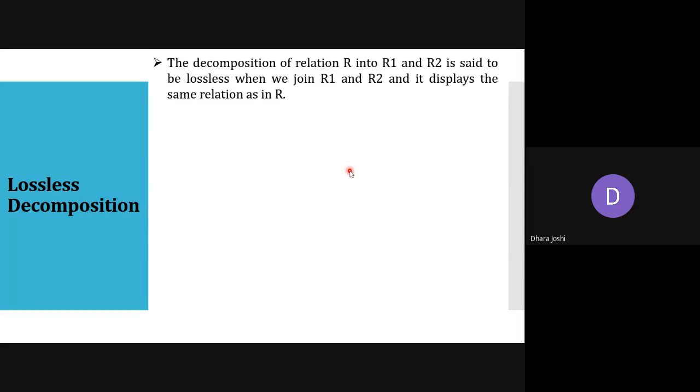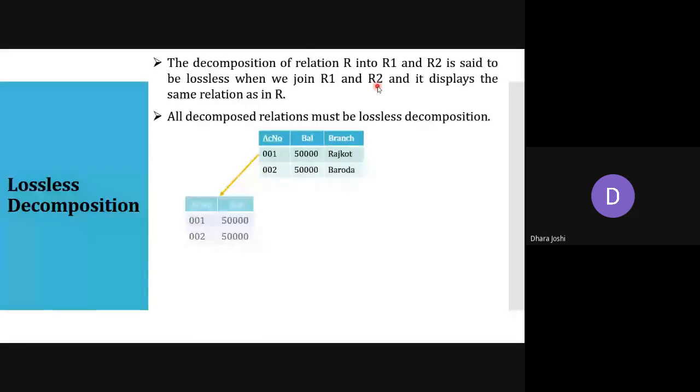What is lossless? If we create relations R1 and R2 from the relation R, and once we join these two newly created relations, it displays the same relation which we had previously, it is called lossless decomposition. For example, from this account number, balance and branch, which we call relation R, we create R1 and R2.